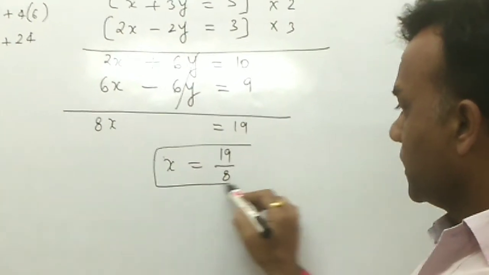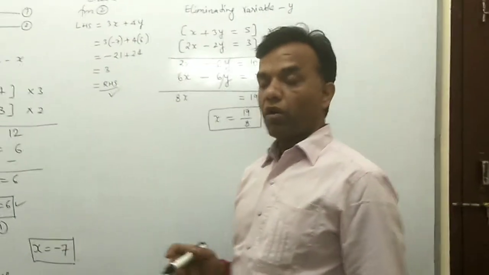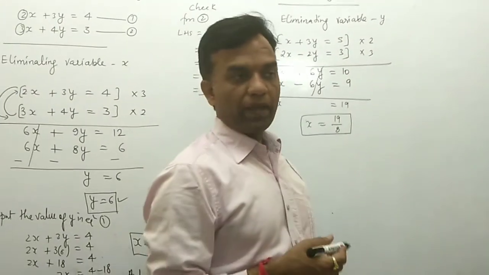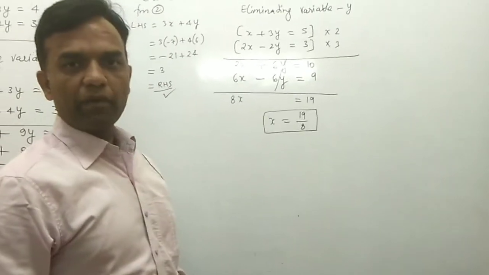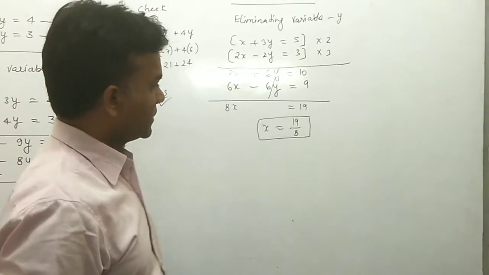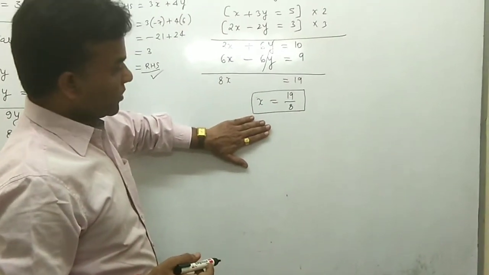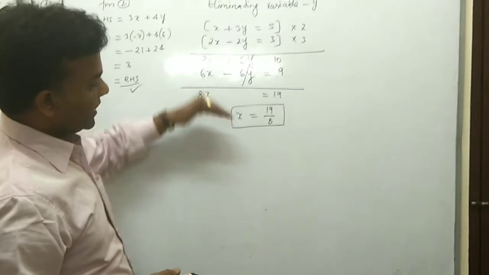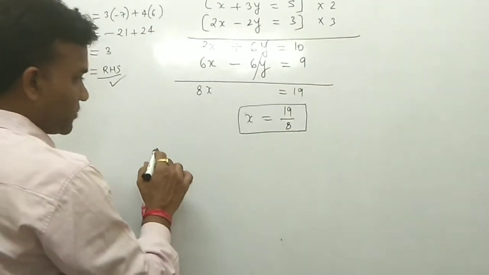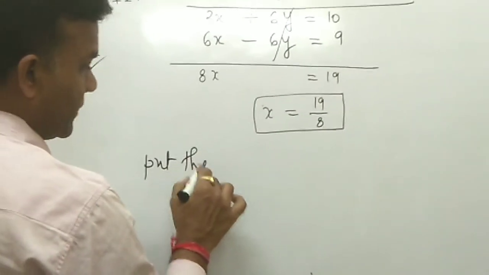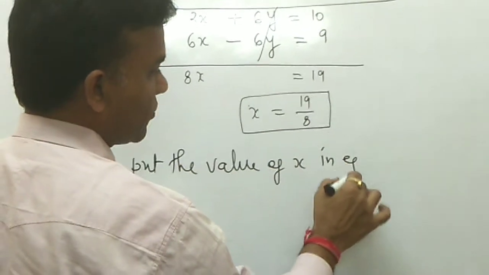Okay, your value of x may be in form of the fractions. Not compulsory your value always in form of the integers. Maybe fraction, depend on you. You also can change into the decimal form, but decimal is not the requirement. You only put in the form of fraction. Okay, so now second condition is what? Now you have the value of x here. So you got the value of y using this value, you put in equation 1 or you put in the equation 2. So now to find the value of y, put the value of x in equation 1.